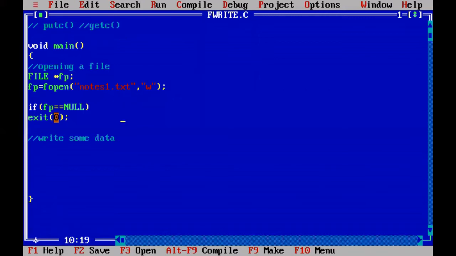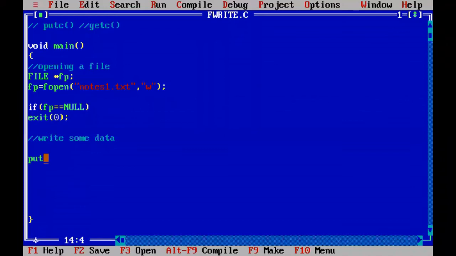So character by character reading and character by character writing, that we are going to discuss. Here I am writing the putc function, because we opened node1.txt in a writing mode, so I am going to write one single character into the file pointer associated with node1.txt.